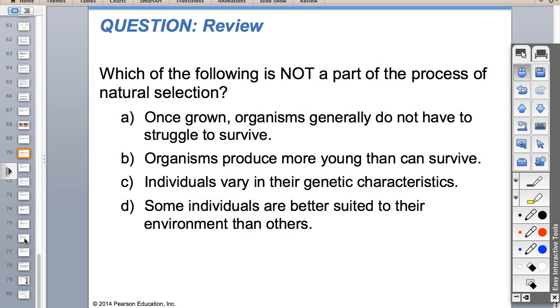Alright, awesome. Okay, so let's go ahead and answer this question. Which of the following is not a part of the process of natural selection? So write your answer on your board. I'll give you about 7 Mississippis. I'm feeling like that's a fair amount right now. A Mississippi, 2 Mississippi. Secretaries, is anybody out today? No? Good.